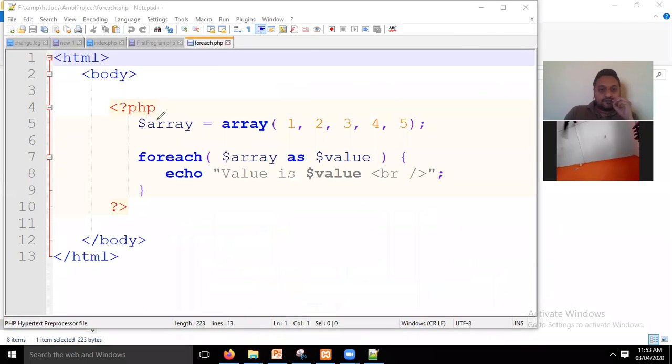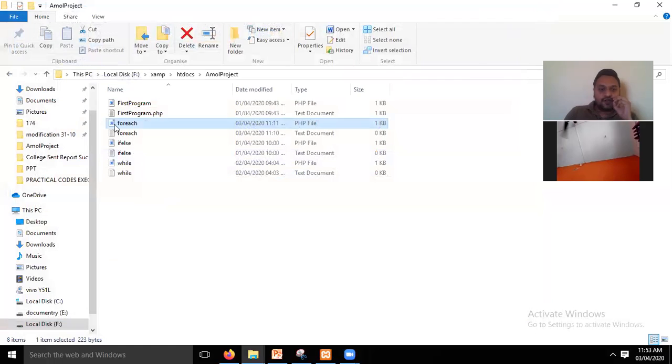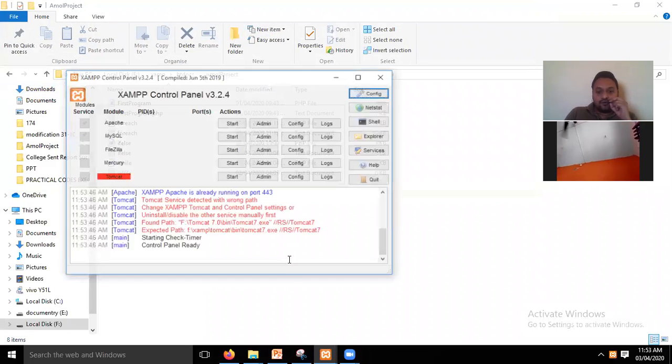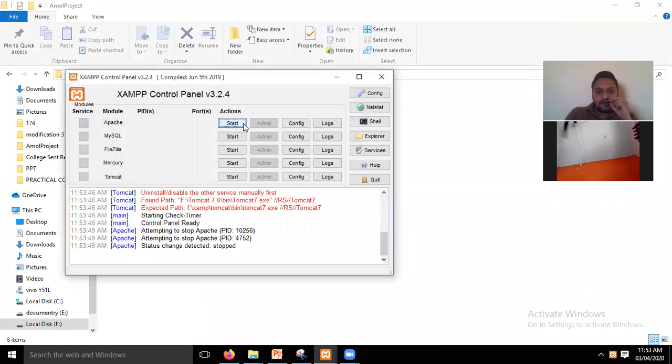I have written this program by using the foreach loop, and now I will save this program. Save this file with the .php extension, which I have already done here. Now how to execute this program? For that purpose, click on search for XAMPP. You will see the XAMPP control panel. Once you click on it, you will see different options here: Apache, MySQL, FileZilla,